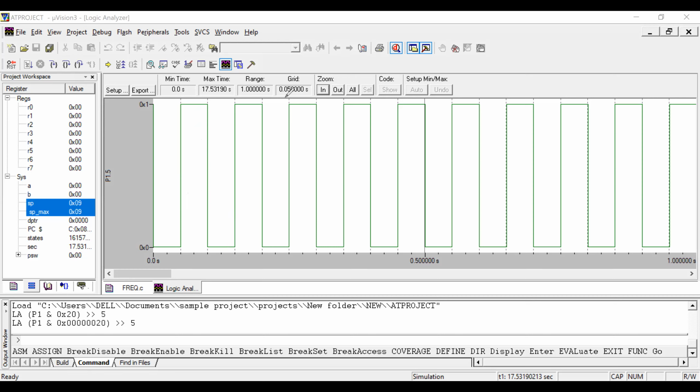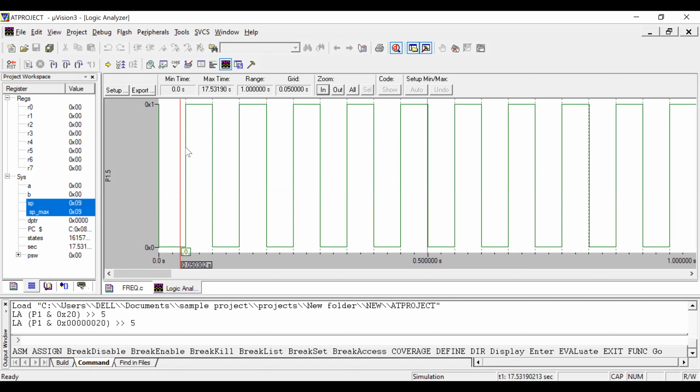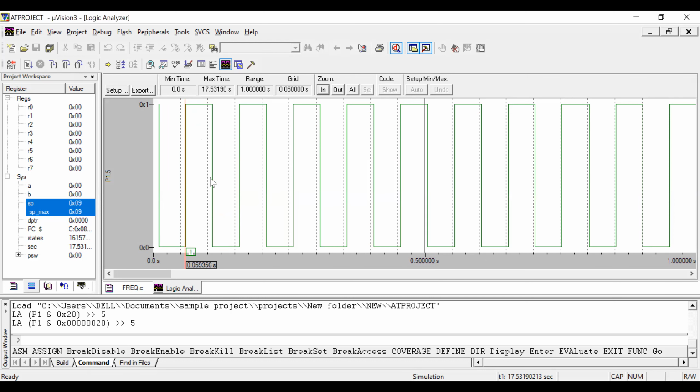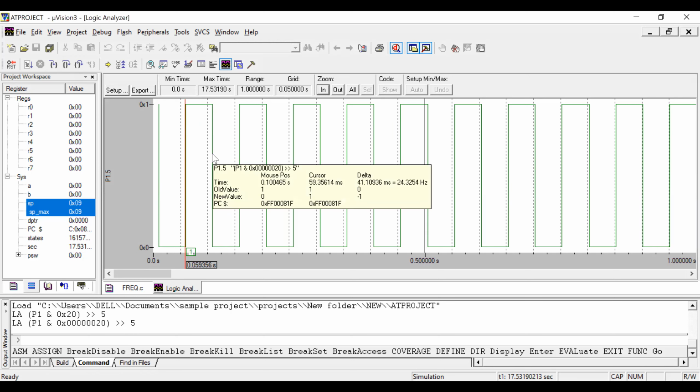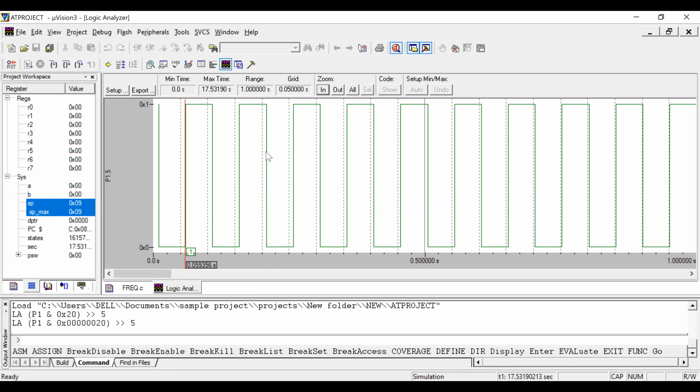See, you can single click here, and that should be placed exactly on the vertical line. Okay. Now you take the cursor on the positive, that is, the clock pulse positive, you place it here. Now it will show you, in delta, you can see around 41.1 millisecond. Okay, it is acceptable, no problem.